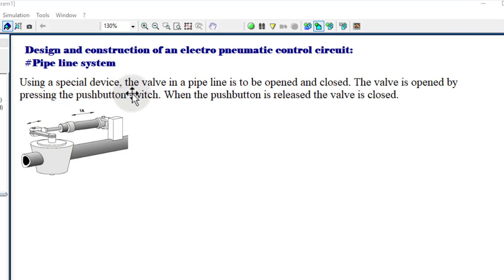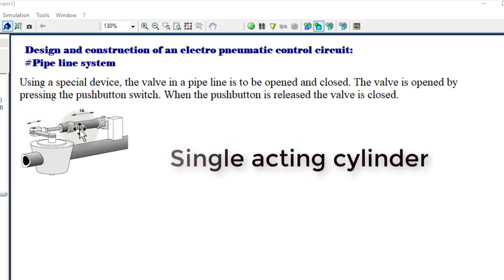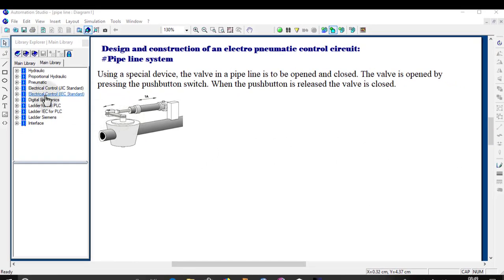So using a special device, the valve in the pipeline is to be opened and closed. The valve is opened by pressing a push button switch. When the push button is released, the valve is closed. That's the valve, and the special device is that one, which is exactly a double acting cylinder or simply a single acting cylinder. So using a pneumatic part, we're going to try to analyze the double acting cylinder, and then